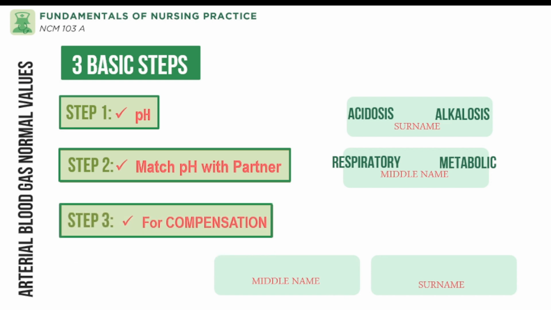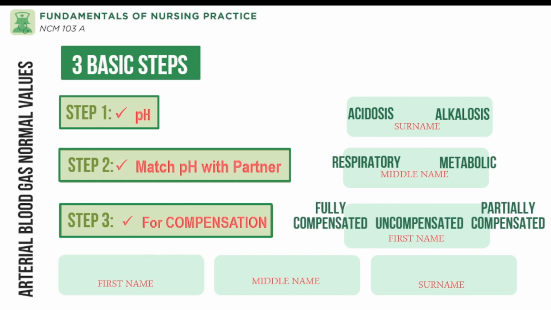And step 3, check for compensation. When we check for compensation, we look for the other organ and take into consideration their possible movement. Your step number 3 would give you the first name, and you would be given 3 possible options to choose from: fully compensated, uncompensated, and partially compensated. Okay, so this is how you write your